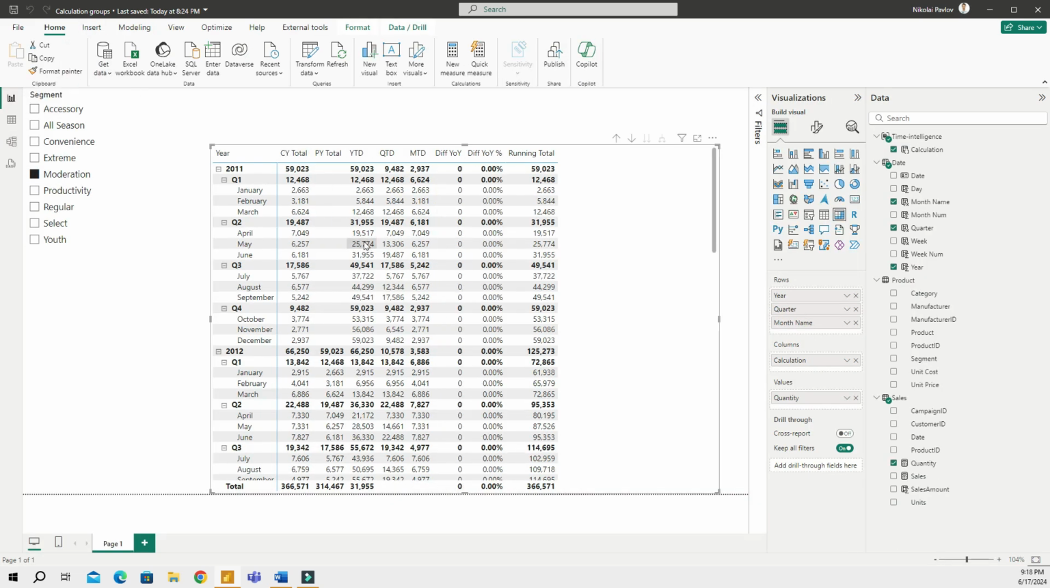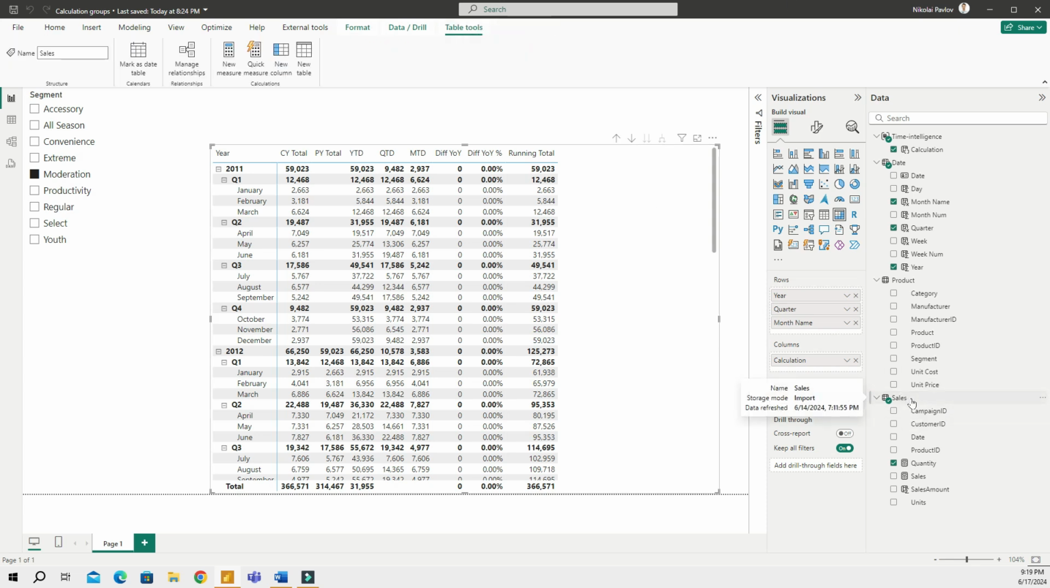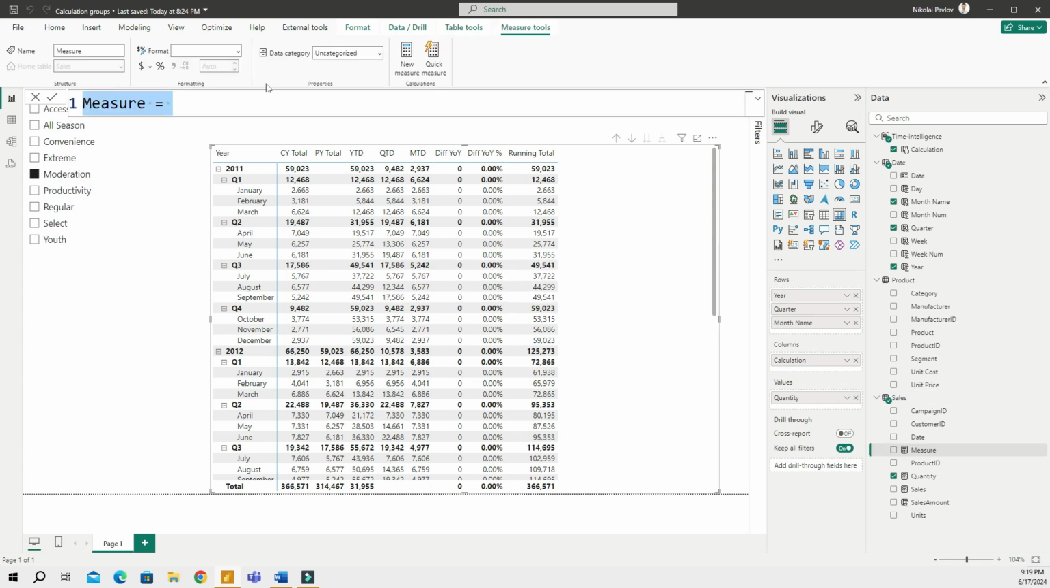Now that makes more sense. So now instead of creating another 8 different measures for quantity separately, I can just swap the selected measure and all of my existing calculations will be updated accordingly. Now what I can do, I can select my sales table and create a third measure, which I could call